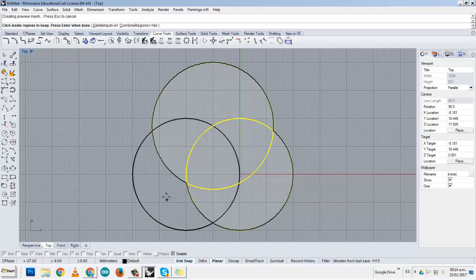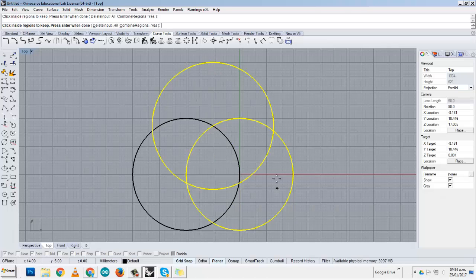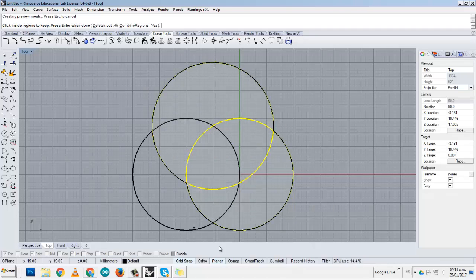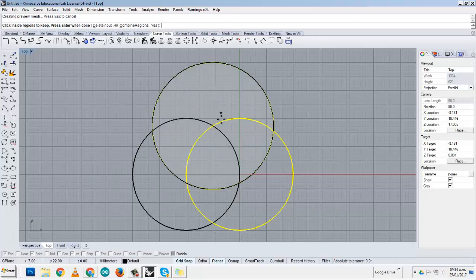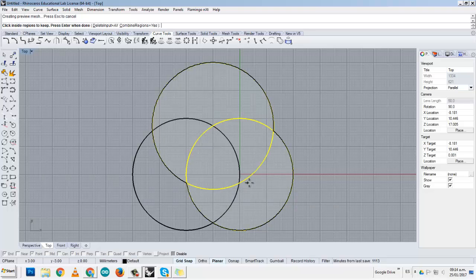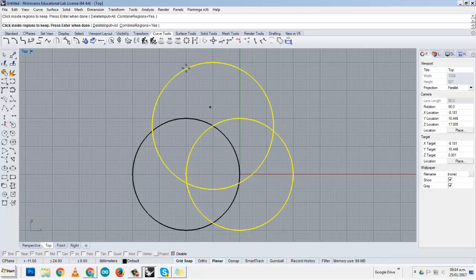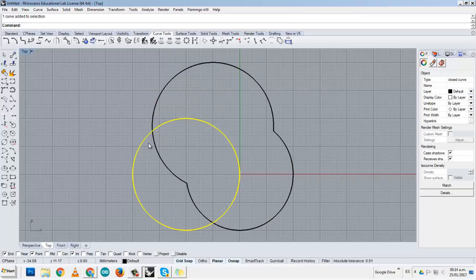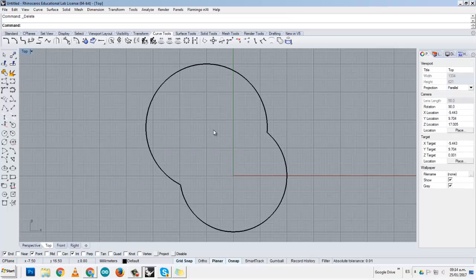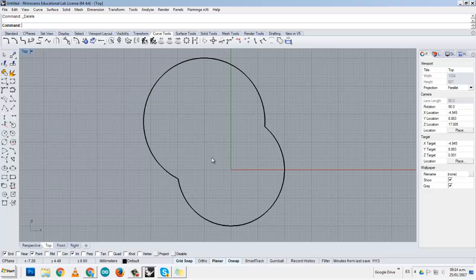Or I want to keep, if I click outside, I'll keep everything that's inside, okay? So if I click out, I'll keep the region that is surrounded. If I click inside, I will be determined by the ones that I have, okay? So it's basically a way of getting different regions, okay? So I click enter, and now I have the region that I want to get. Okay, so this is a very helpful tool for the project that we are going to develop, because right now